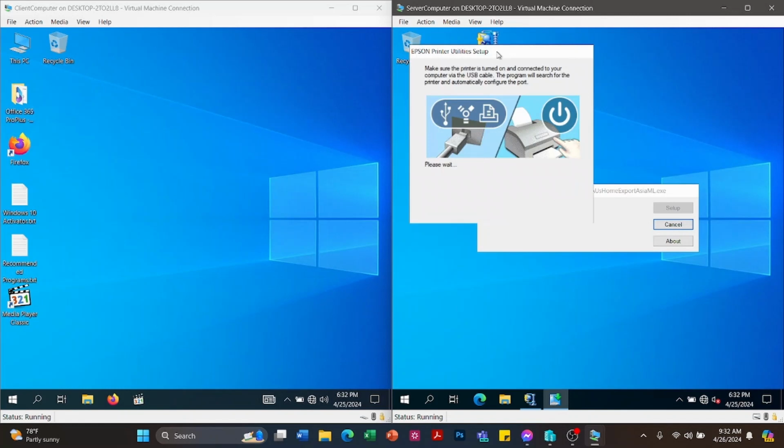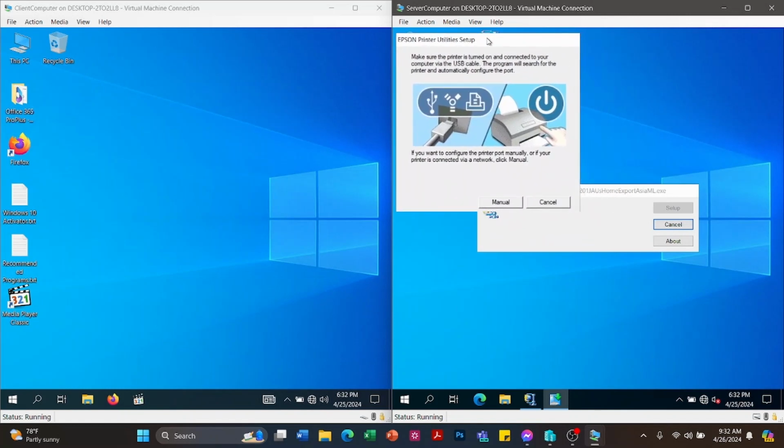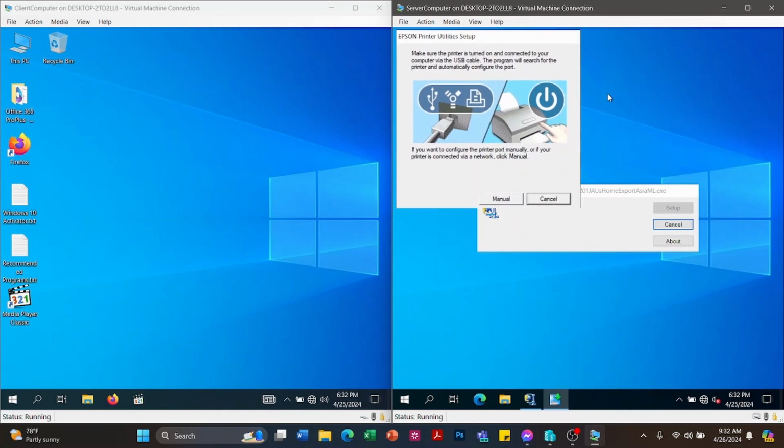Okay, so in here, the computer will search for the port that the printer is connected to, but we currently do not have an actual printer connected to the computer.